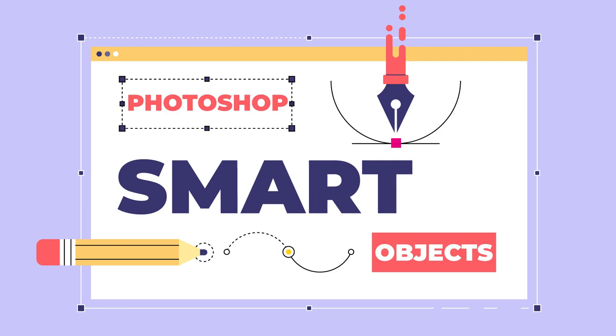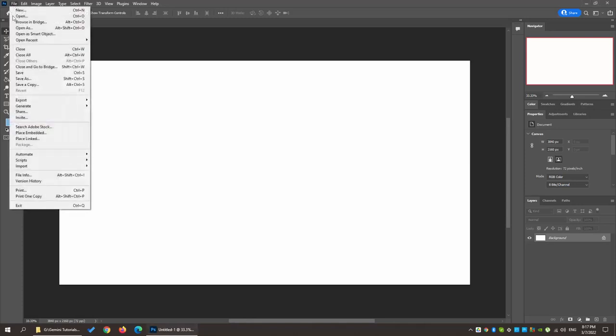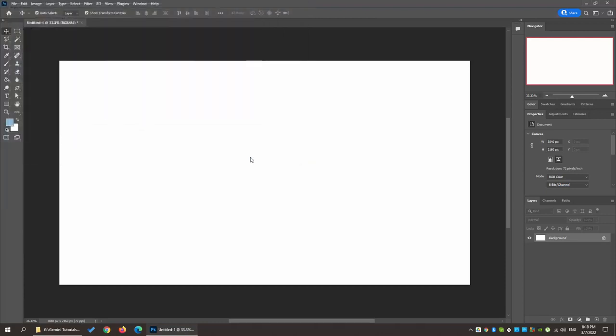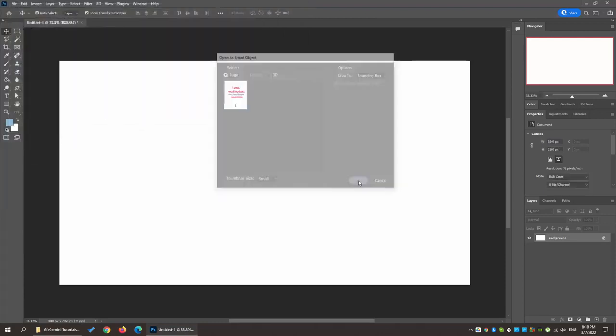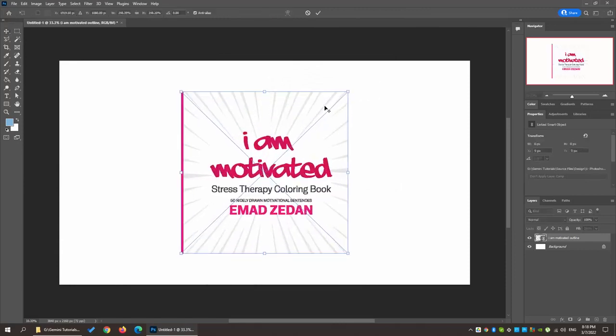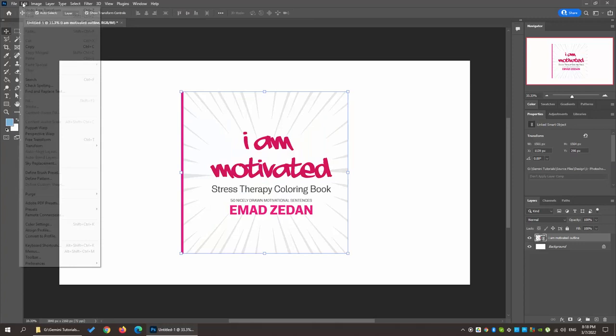Photoshop Smart Objects. What are Photoshop Smart Objects? Photoshop Smart Objects are layers that you can edit in Photoshop non-destructively. That is, changes you make to the layer remain editable and don't affect the actual layer pixels, which will stay preserved. Regardless of how often you scale, rotate, skew, or otherwise transform a smart object, it retains its sharp, precise